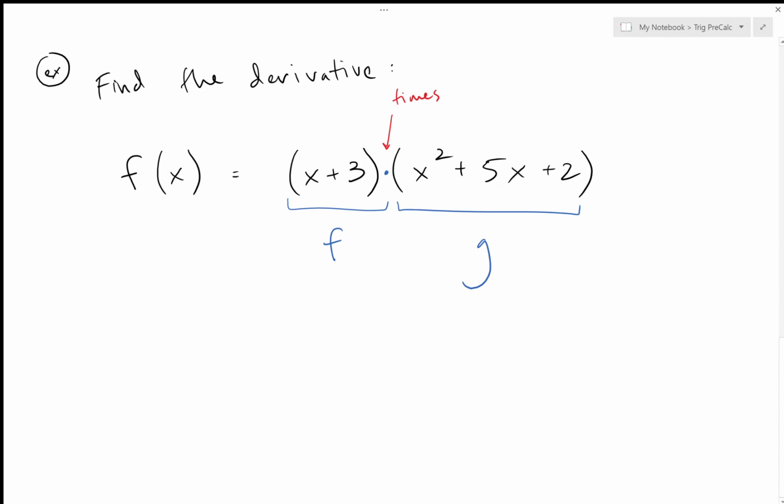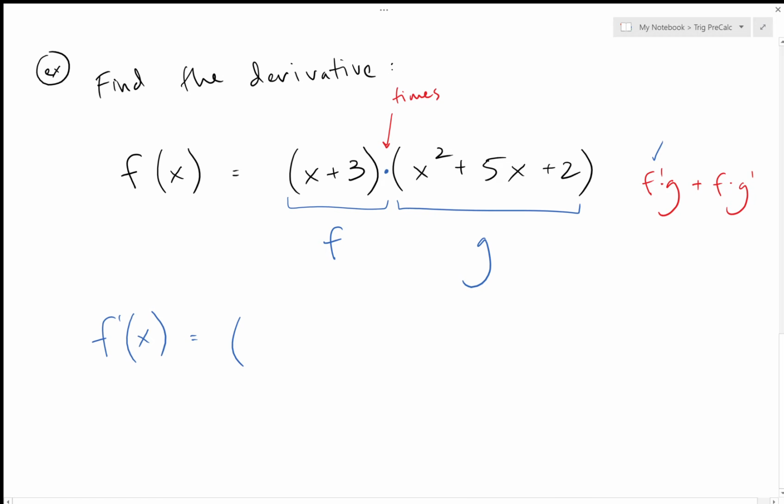So let's follow this out. So I'll write it over here. We want f prime g plus f times g prime. Okay? So let's go down the row. Let's take f prime, so the derivative of f. So we're finding the derivative of this whole thing. So the derivative of the first part, that's x plus 3. The derivative of that is just going to be 1, because remember the x gets derived to 1, the 3 gets derived to 0, so that's just a 1 there. We're going to multiply it to regular g, so don't change g, just write it. x squared plus 5x plus 2